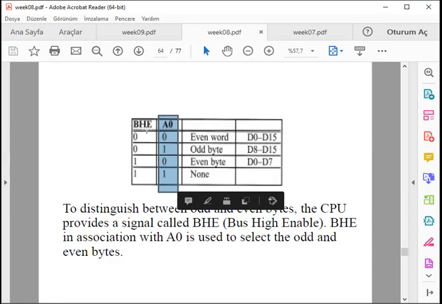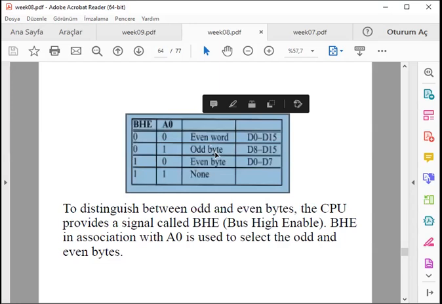And according to the condition of bus high enable, you select either single bytes or single words at even or odd conditions. So that's very versatile, which makes it possible to run 8-bit or 16-bit codes or programs or information handling for our